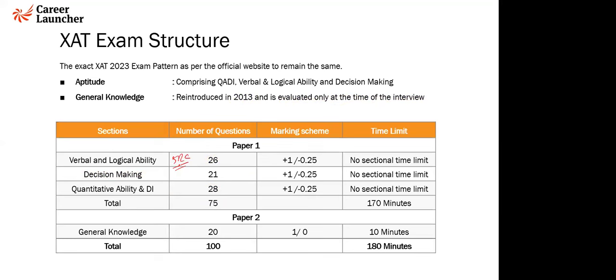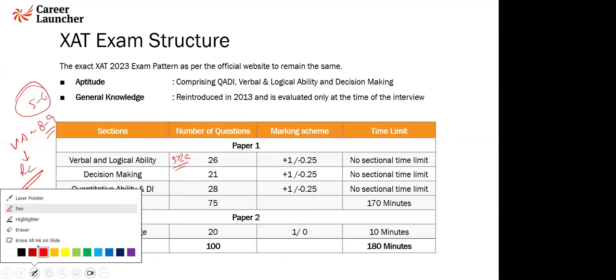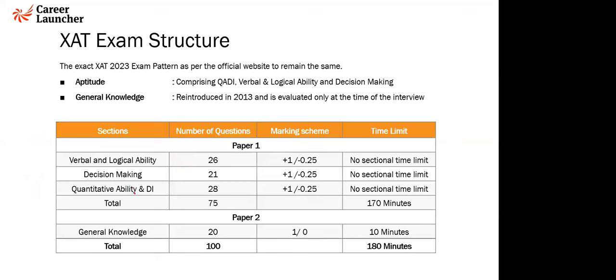Though I would always say attempt VA first and then go to RC. Attempt VA first because in these 8 to 9 questions, you should be able to get about 5 to 6 marks, which means you will be almost close to the cutoff. And yes, there's a sectional cutoff in each of the 3 sections. A rule of thumb is if you get a double-digit score in any of the 3 sections, you are by and large clearing the cutoff. The only exception is occasionally quantitative ability, where the cutoff has gone to about 11, 12 also. But that is when there are very, very easy papers.